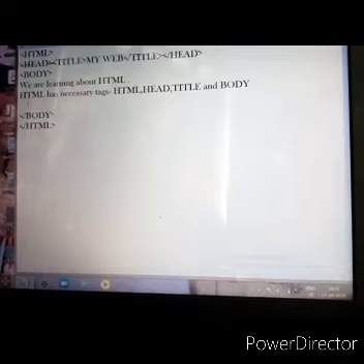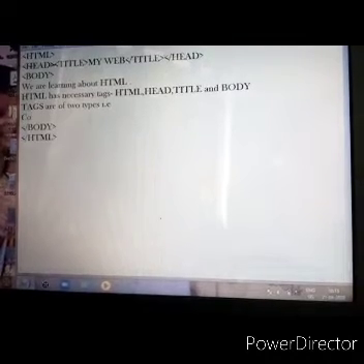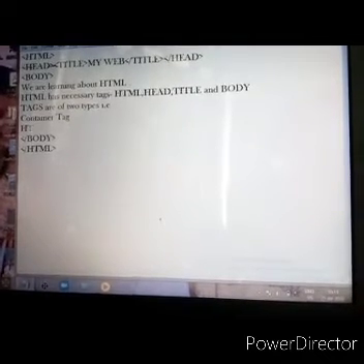Next, what we have learned over here, that tags are of two types. That is container tag and the other is empty tag. What is empty tag?